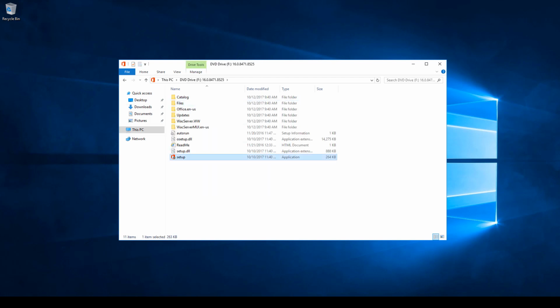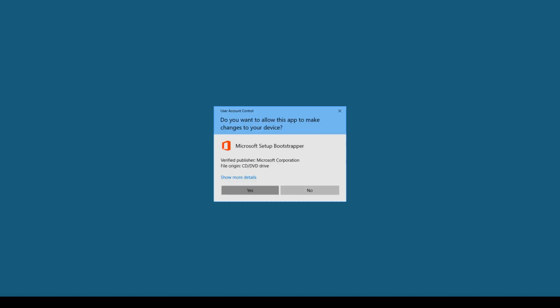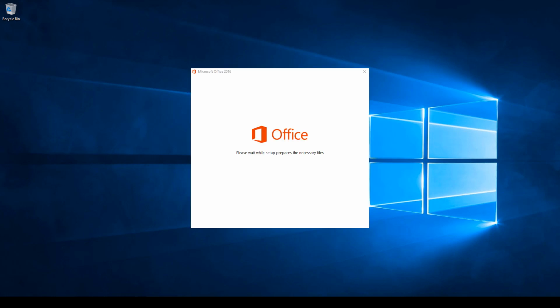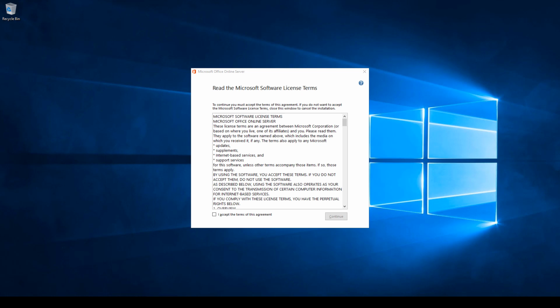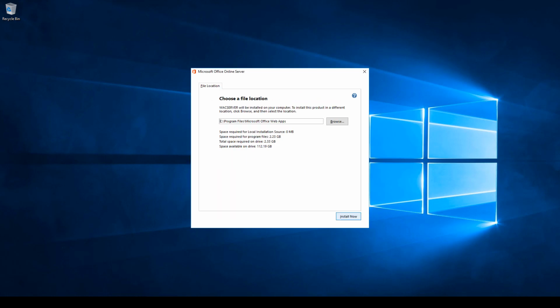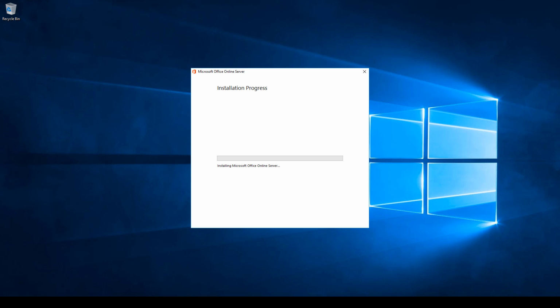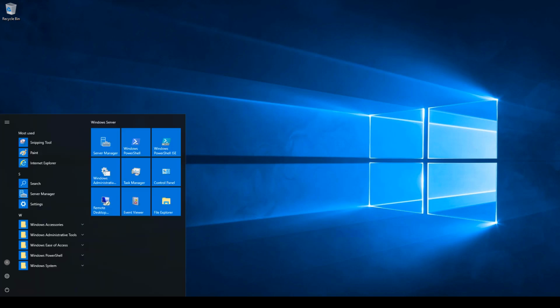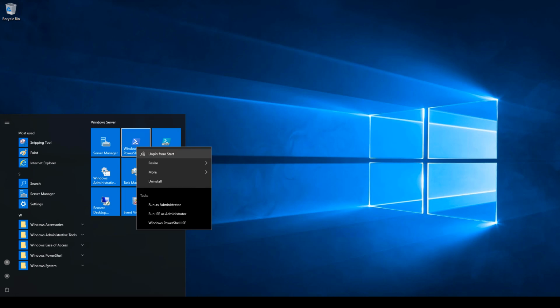Now we need to install Office Online Server 2016. Through PowerShell, we need to create the Office Online Server farm.